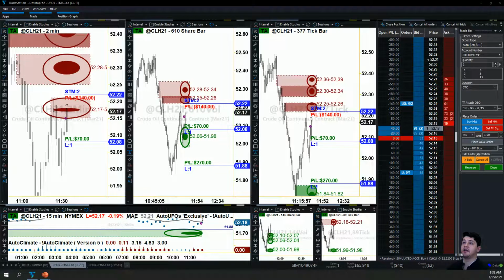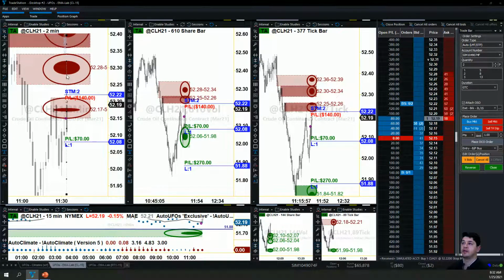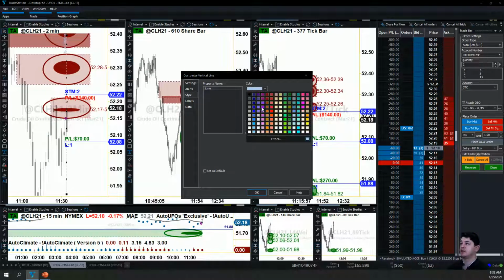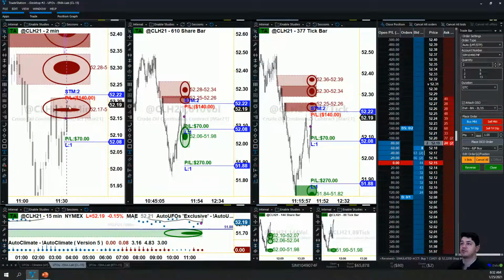Okay, so now what we do is the following. We put a vertical line here, and let me just adjust this vertical line and make that purple. I usually have this defaulted, but there we go. So that's our entry